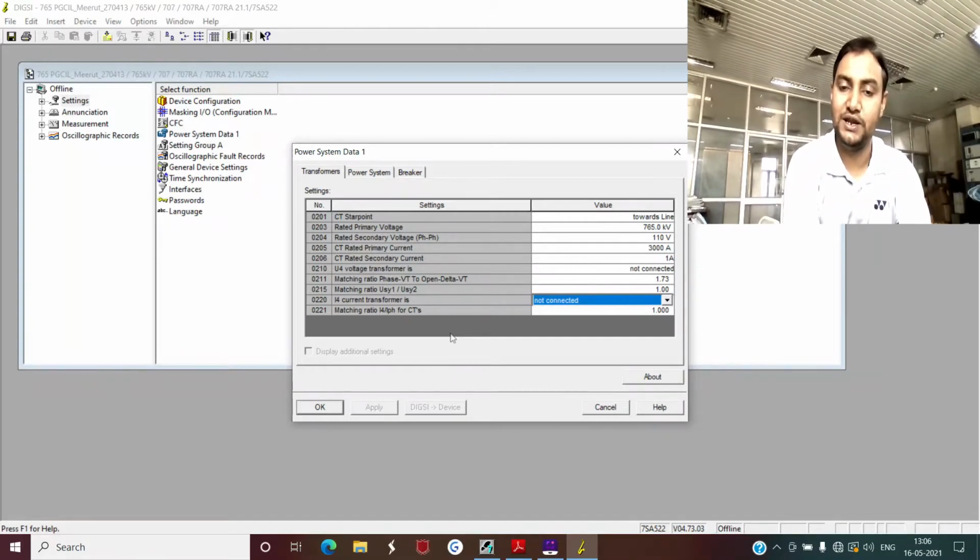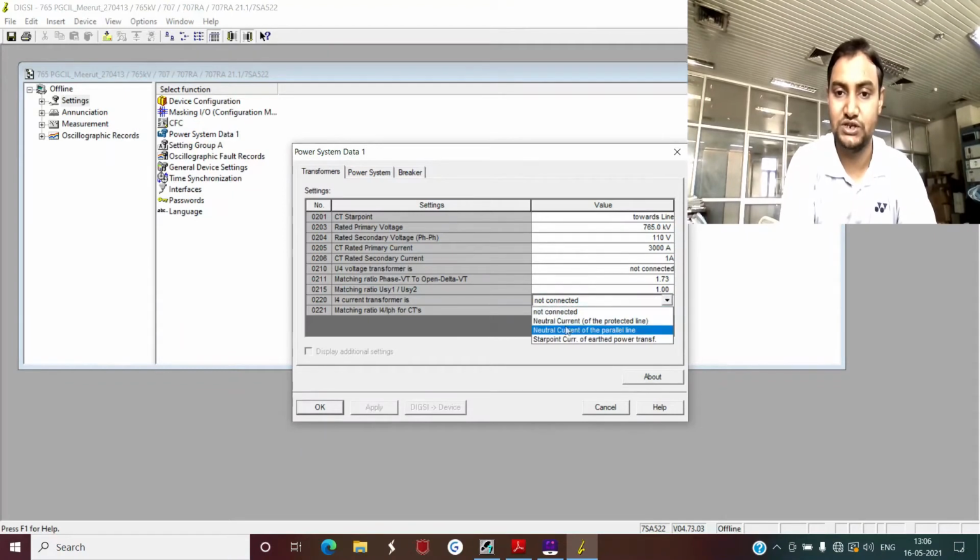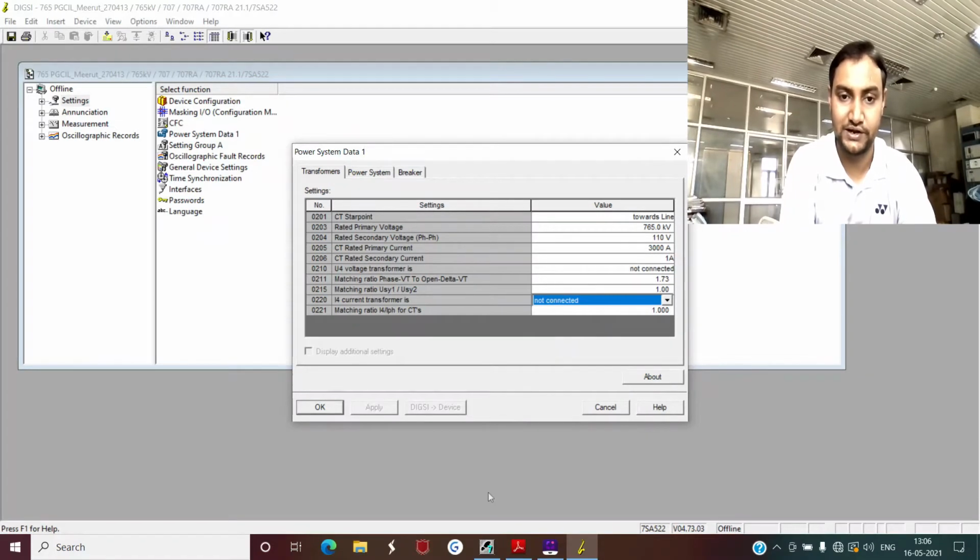Like I have already explained in one of the theoretical sessions on the protection of parallel lines, in case of a parallel line you have to select the neutral current of the parallel line for the fault locator for better accuracy. So if you have a parallel line, in that case you have to select this option, neutral current of the parallel line. Another thing is that if your neutral is not connected directly to the relay, in that case you can select this as not connected.